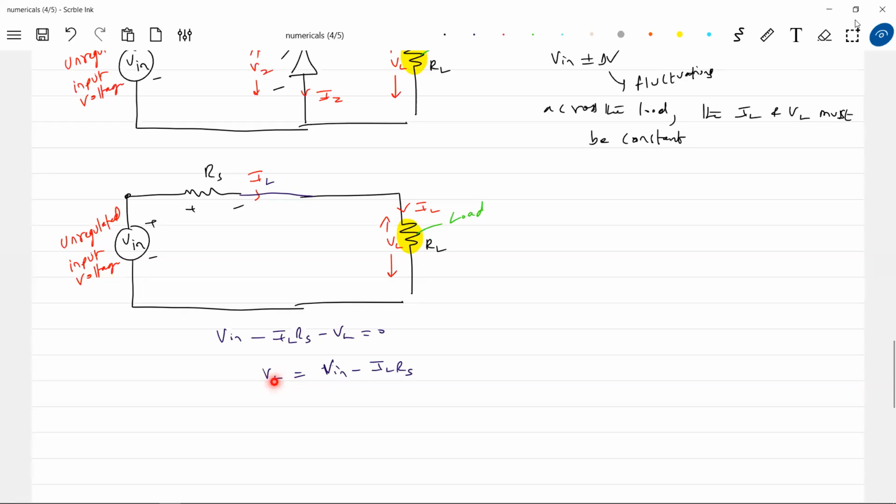If VL increases, then definitely what will happen? RL is constant, IL also will increase. So like that, what will happen? The power across the load will be fluctuating. So VL will become...